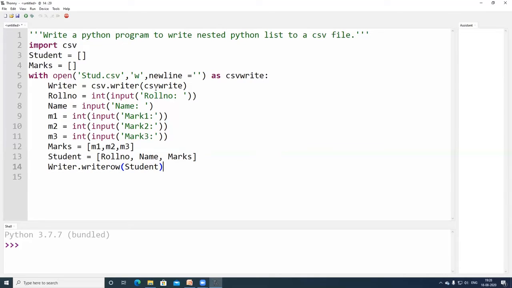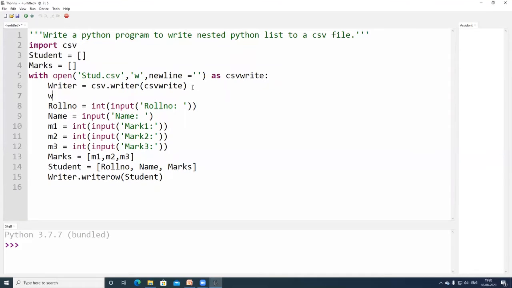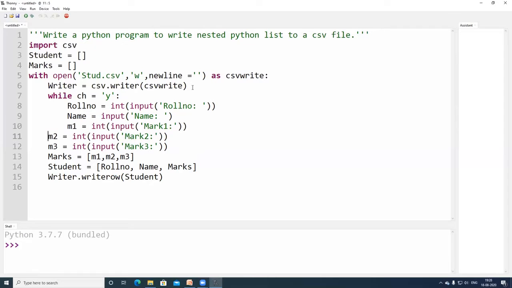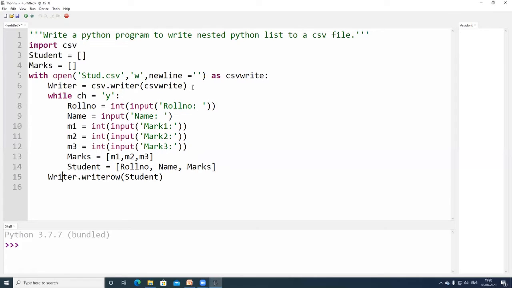When you want to go for a continuous input, you are going to use a while statement, ch equal to y. While the condition is true, you are going to accept all the input. Tab is necessary. Then once you have got all the input, you are going to write it.